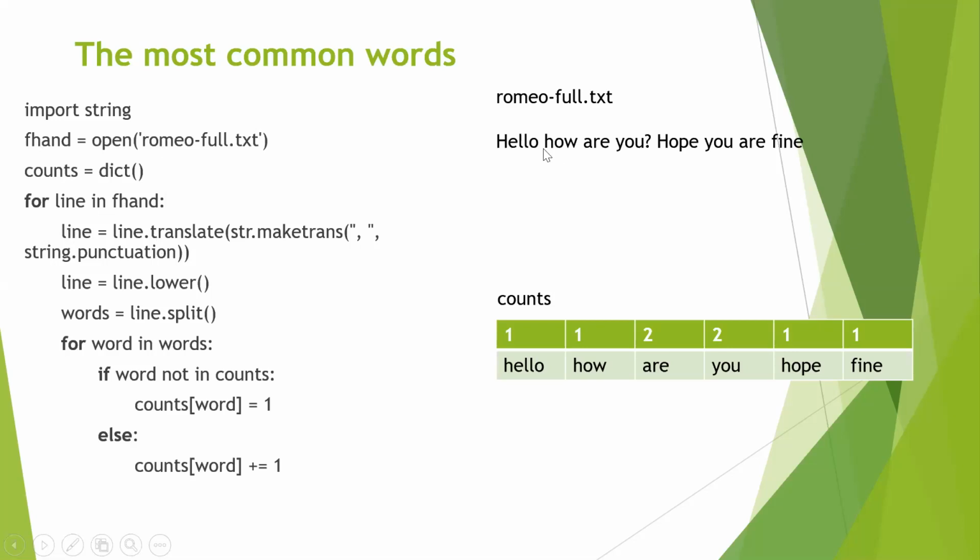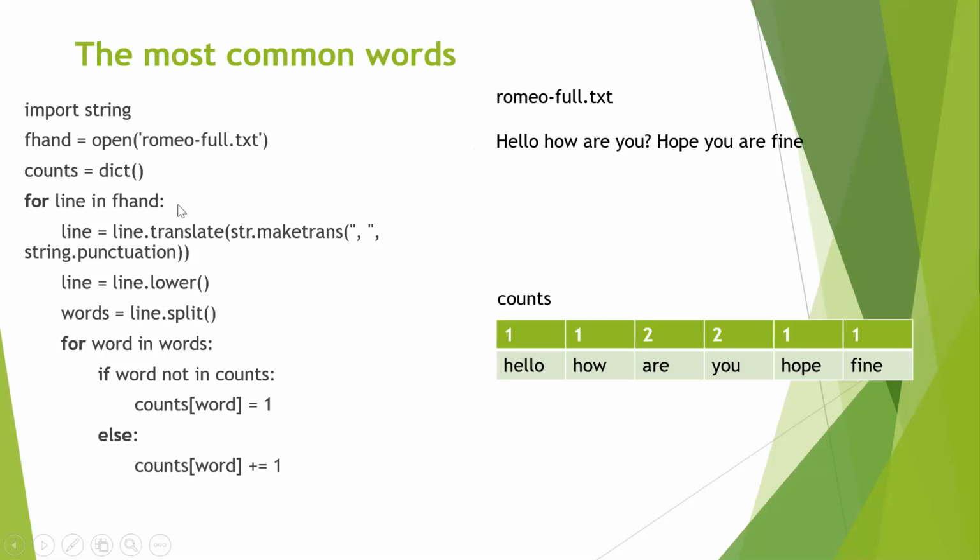Now, each line may contain punctuation marks, it may contain question marks, commas, exclamation marks. I don't want to consider all those while counting common words. Because if I consider this question mark over here, "you comma question mark" is treated as a different word compared to this "you". I don't want that to happen. I want to consider both the "you"s as the same word. So you have to ensure that all the punctuation marks are not considered. You have to remove the punctuation marks. So how do I do it? And moreover, if there is a capital letter, you have to consider capital H and small h as the same. So how do I do that?